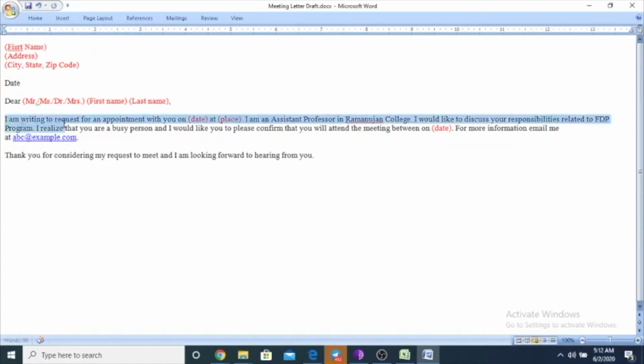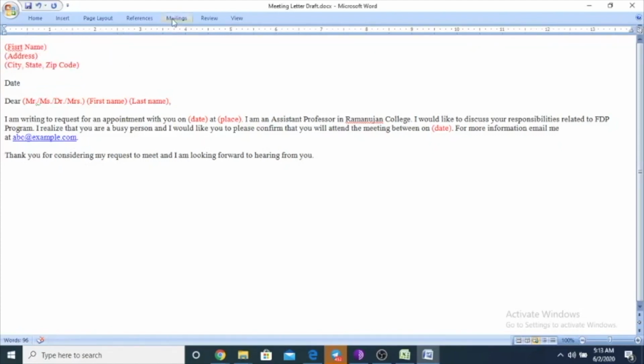The black text is the common text for all recipients, and the red field text is the text which is different for each individual recipient.